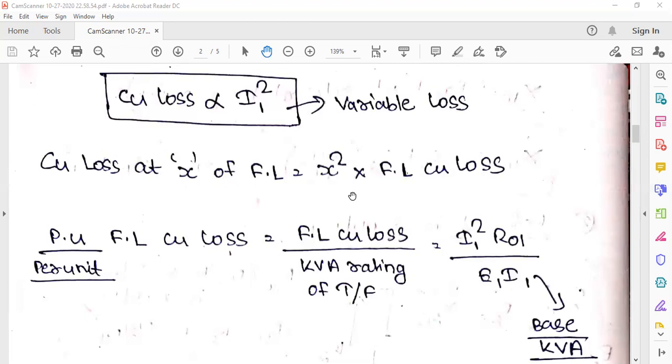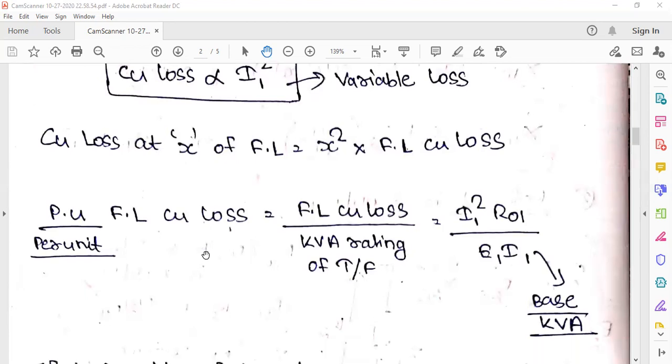That's the idea. Now, per unit, just listen. Usually for the transformer and all other machines, the ratings are sometimes mentioned in kVA rating or kW rating. All these ratings are very big values, like 1000 kVA, 500 kVA, so that makes the calculation very complex.